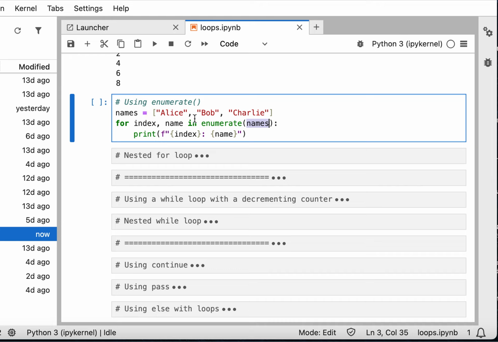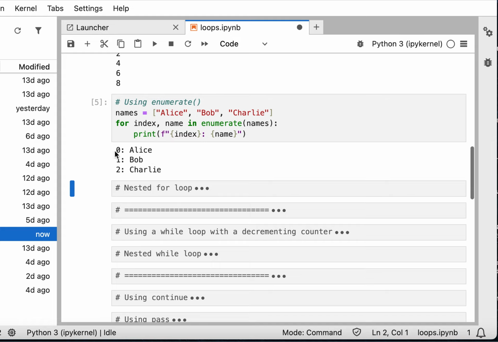And so what it's doing is that it fetches the first one in the names, and then it gives it an index based on how many of them there are. So it starts with 0, 1, 2, and then it picks the first one and matches it with the first index. So if I print the index here, the 0 will be Alice, which will be the name. I'm printing the name and the index here so that we'll see what it's doing. And so you can see that 0, which is the first, is assigned to the name Alice, and then the next one is assigned to that. So this is also very handy,